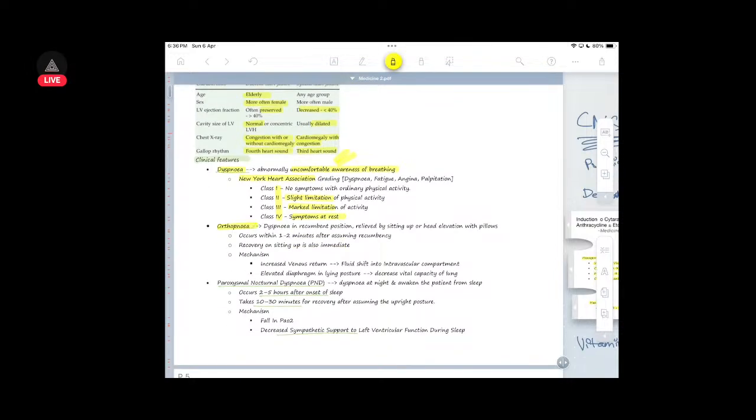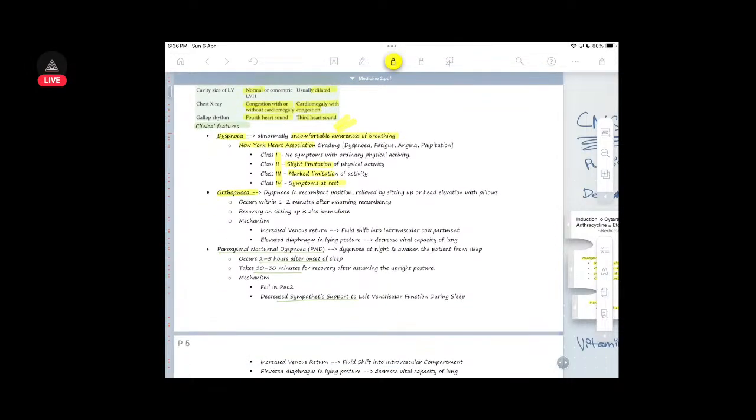Orthopnea is dyspnea in decubitus position, which is relieved by sitting up, head elevation. Within 1 to 2 minutes after resuming the upright position, recovery is immediate. The mechanism is increased venous return, fluid shift into the intravascular compartment, and elevated diaphragm in the lying position, which decreases the vital